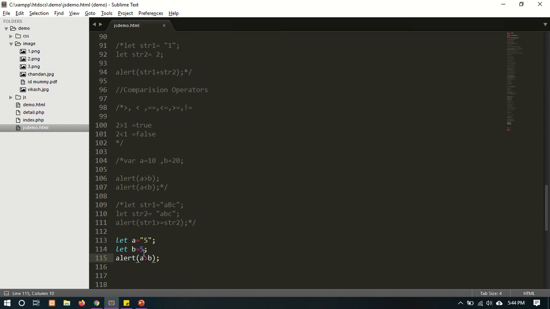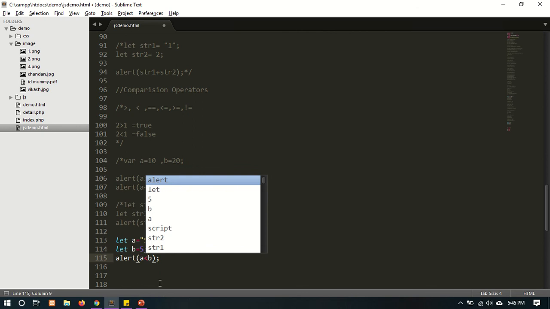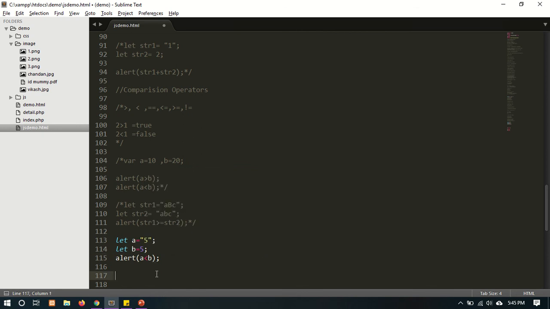If you are comparing like this, it also returns false.